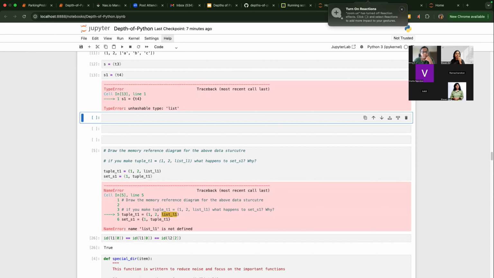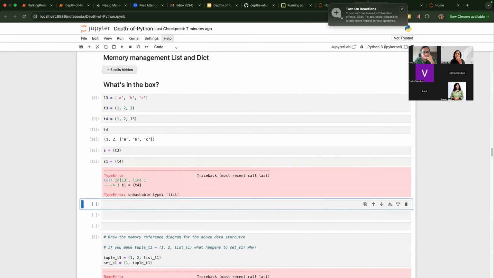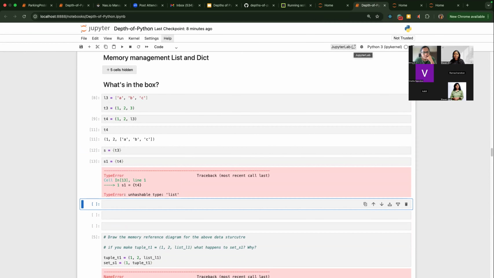Now why is that happening? Set is using the hash algorithm, yes.